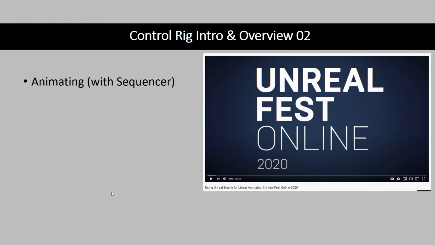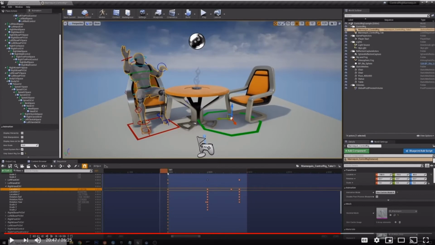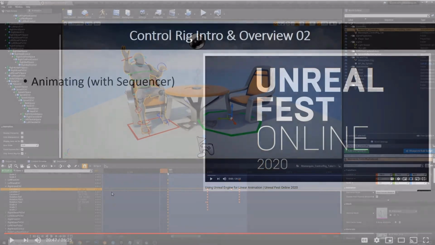In addition to that, we are also going to be demonstrating doing keyframe animation with this rig inside of the sequencer chapter. The ability to add animation directly inside of Unreal is so great for pre-visualization as well as adding slight modifications to existing animation.